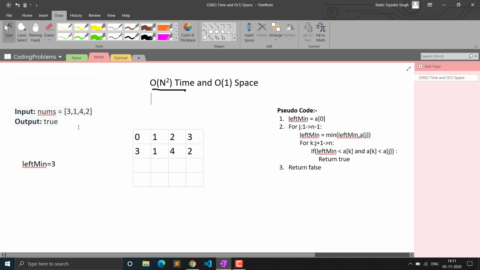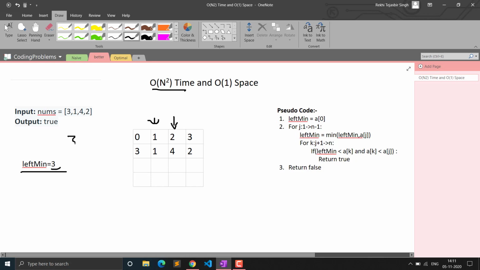As you know, i is always smaller than the jth element and the kth element. So that means we have to take the minimum element, and it should always be to the left of j and k, as the i index is less than them. So what we can do is we can simply start traversing j from this index, that is index 1, and we will start k from j plus 1, and for i, we will simply find the left minimum for every element. For every iteration we will find its left minimum element.